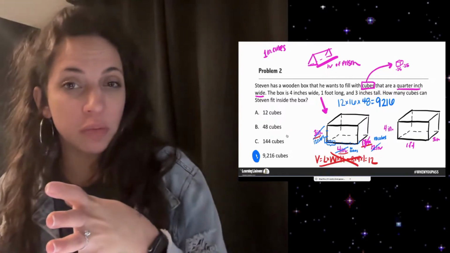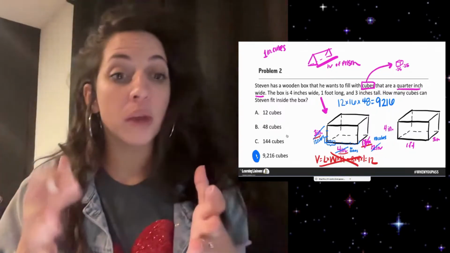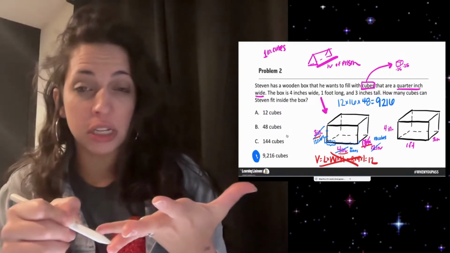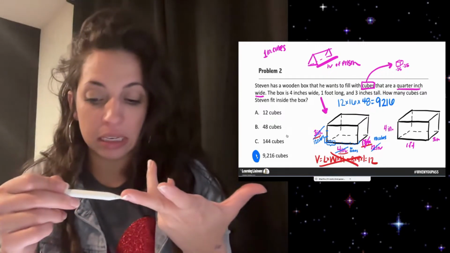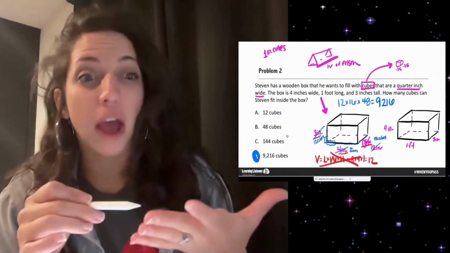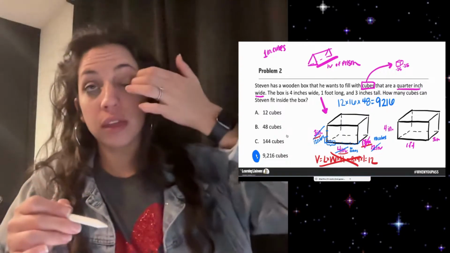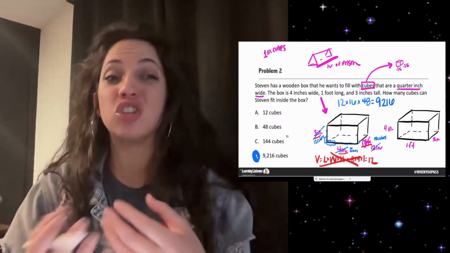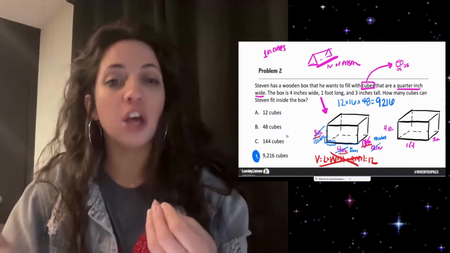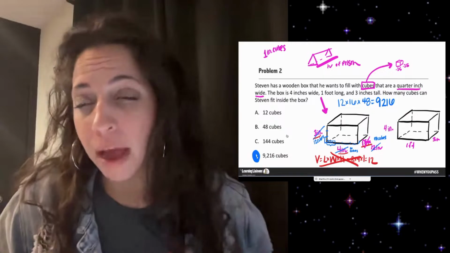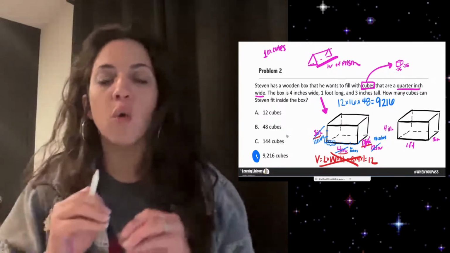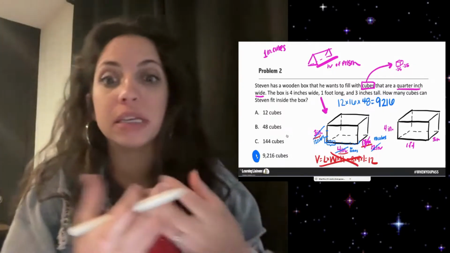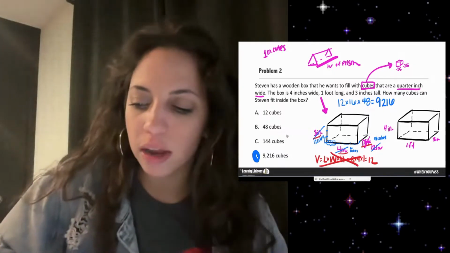This right here is a perfect example of how they will take what you need to know and make it into a more rigorous problem. So they said, hey, we know that you need to understand volume, but you also need to understand conversions and you also need to understand fractions, right? And so this right here puts it all into one problem, and it's really a fair problem. It's just really complex and really rigorous. So don't get tripped up by it and don't let it confuse you. Just know you have the foundational skills to solve this problem. You just have to chunk it piece by piece by piece. All right, let's go ahead and look at problem number 3.